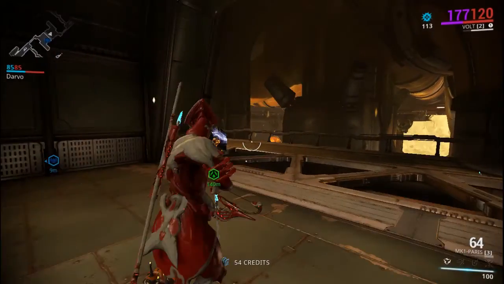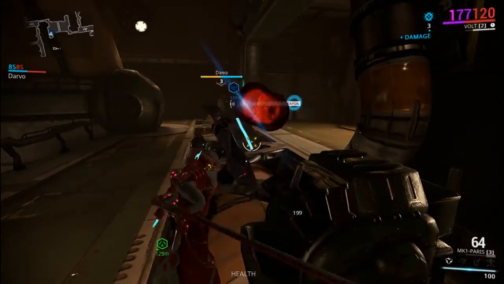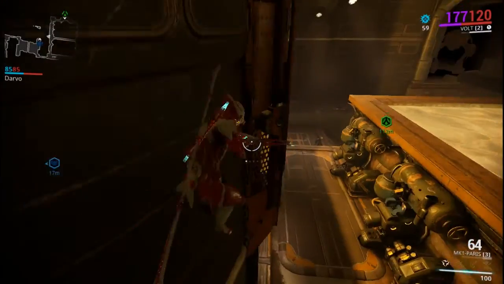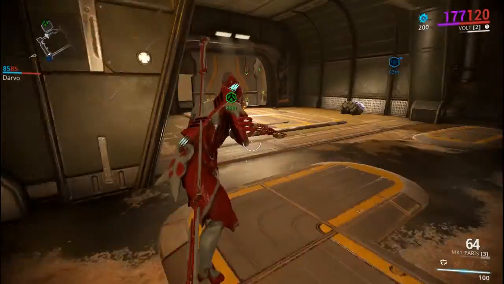Yeah, I'm going to try to avoid taking damage. For sure. Okay, so we have to avoid taking damage now because stupid Vor is now making this rescue mission even more difficult by, well, I should say...